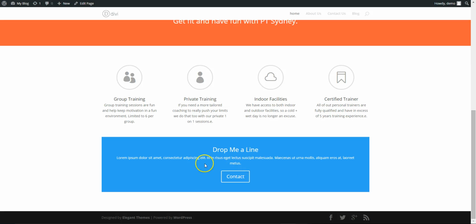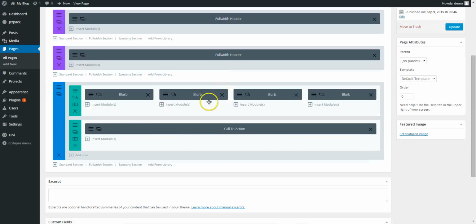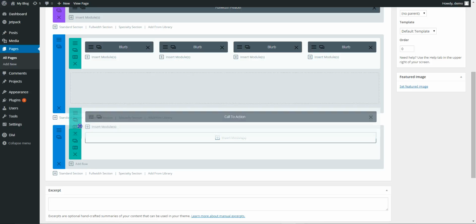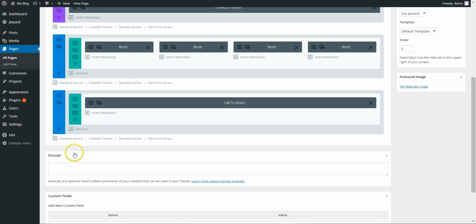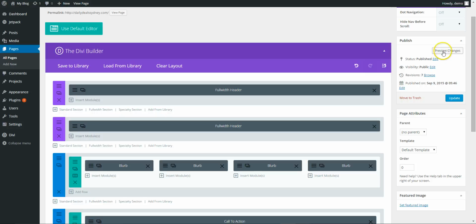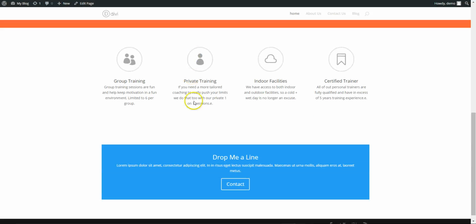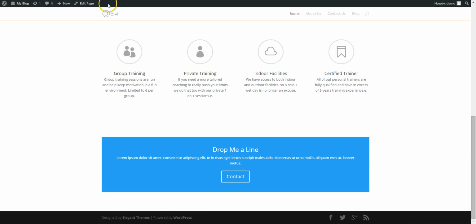So we already have the call to action here, so we need to add images into this row. So if we go back into our builder, we're going to need to separate, so this is one section, these are the blurbs and this is call to action. We need to separate these out into their own sections, so we'll add a section, drag the call to action down, delete this one. So now we have the blurbs, call to action. If you go to the front end, there's no change, it's just the way it's set up in the back,